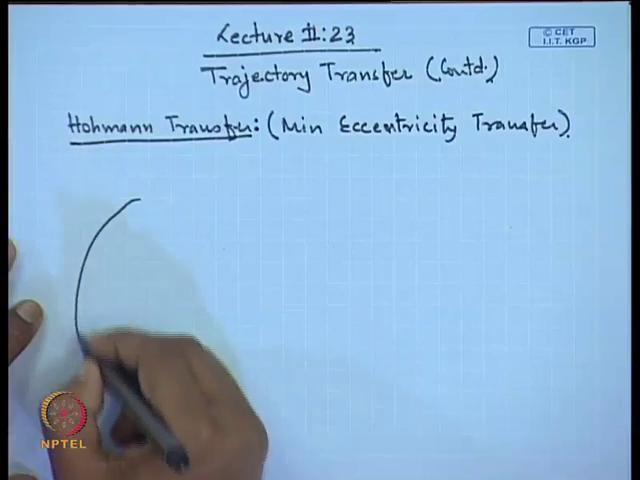Okay, we have been working with the trajectory transfer. Last time we were working with the minimum eccentricity transfer, which is also called Hohmann transfer. So, we continue with that and finish it. So, given two orbits,